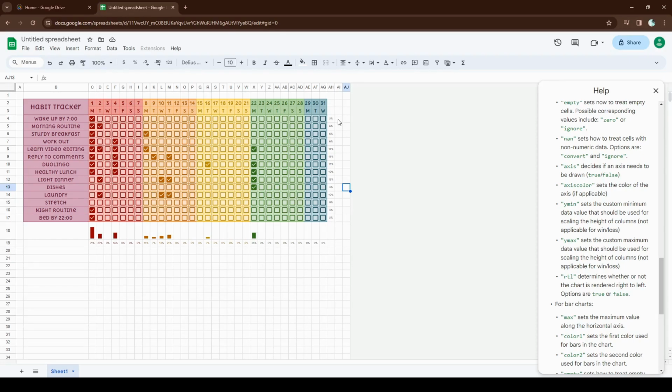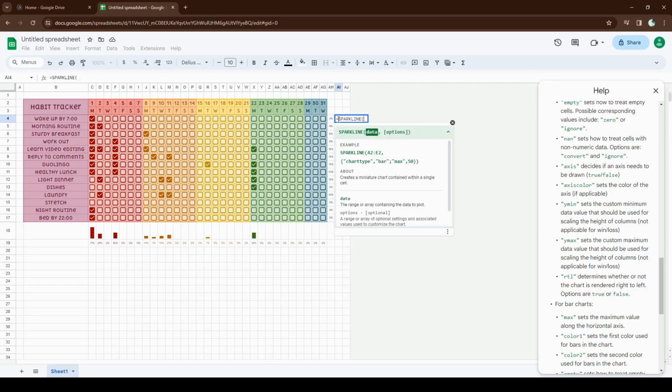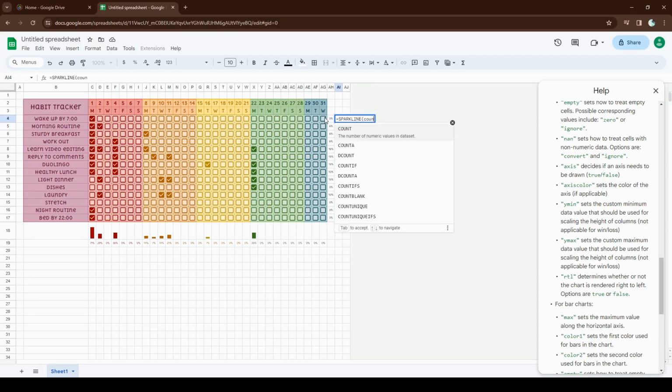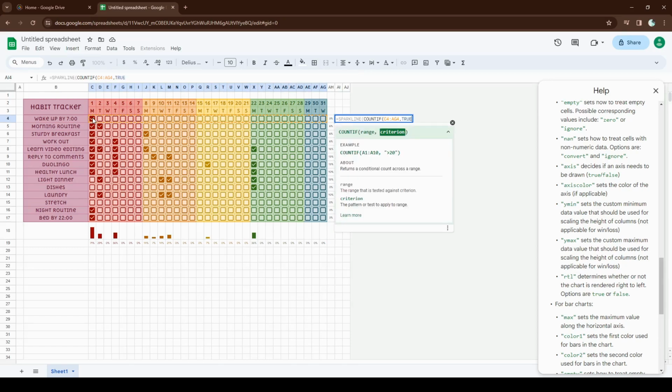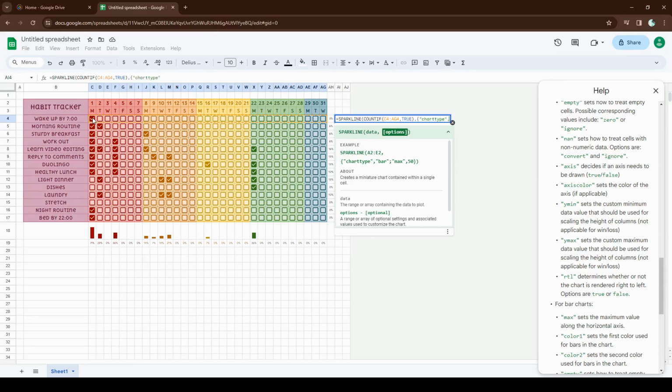So let's do it for the rows as well. So equals sparkline, and then the data in this case is countif, and it's the row, and comma true, and then the options, so curly bracket, and chart type, and we don't want column now, column graph, because that goes the wrong way. We want it to go the other way now. We want it to go horizontally, so that's bar,